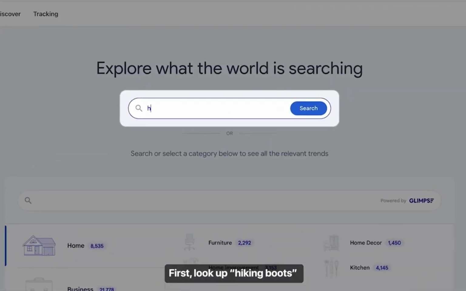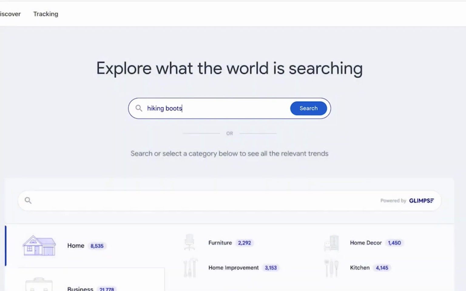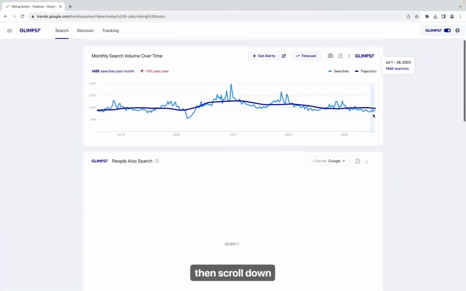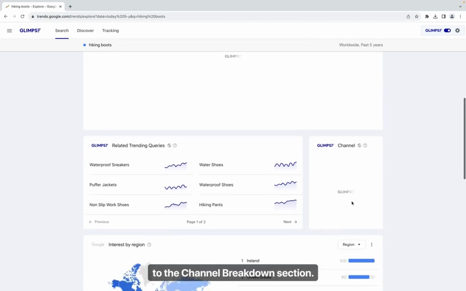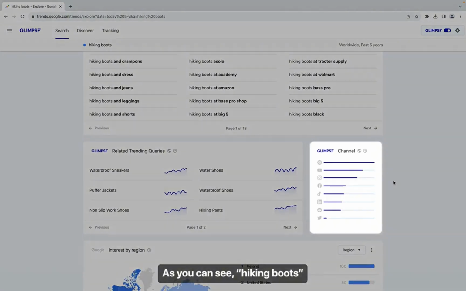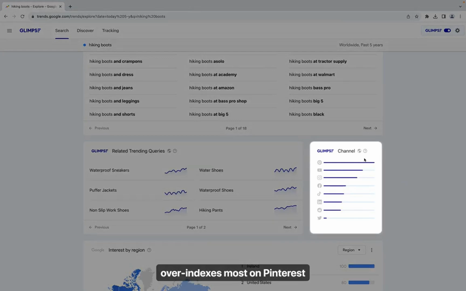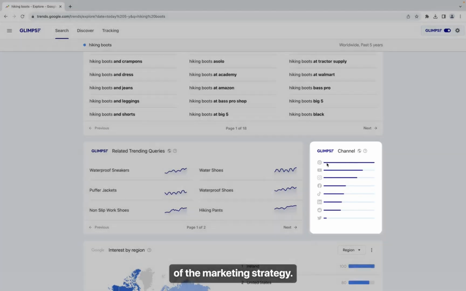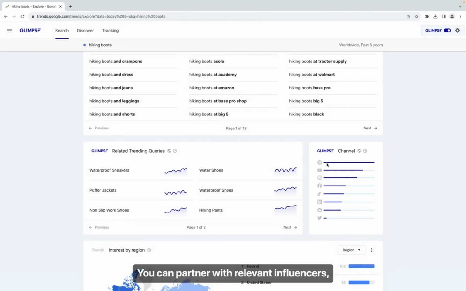First, look up hiking boots, and then scroll down to the channel breakdown section. As you can see, hiking boots over-indexes most on Pinterest, so it should be a key part of the marketing strategy. You can partner with relevant influencers, run Pinterest ads, create and curate Pinterest boards centered around different outdoor themes, or even encourage customers to share their own experiences with